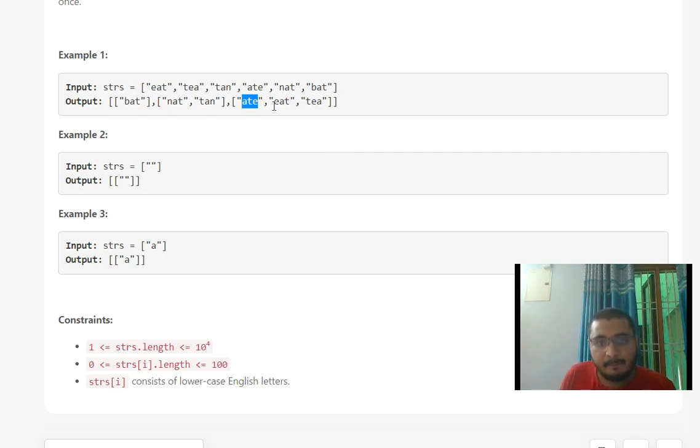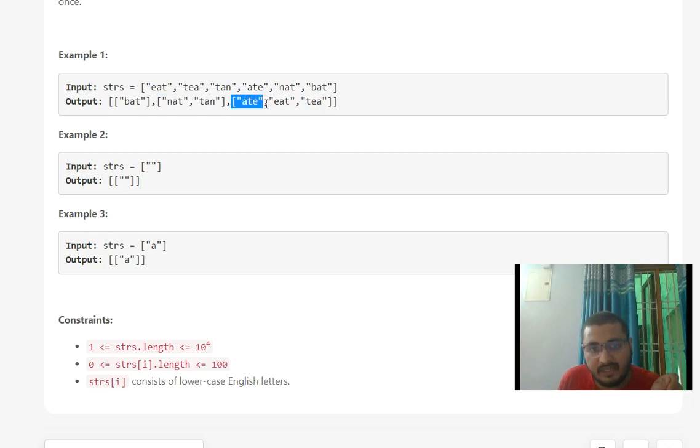So here we know that for each of these anagrams, the unique thing is the string when we sort it. Like when we sort TAN or NAT, the string comes out to be ANT. So this ANT can be used as the key in the map for this vector.